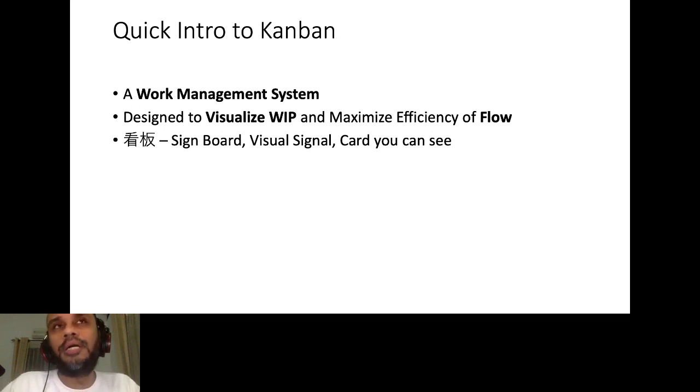In Toyota. So basically what happened was the owner of Toyota hired a guy called Taiichi Ono, and he was given the responsibility of making the work at Toyota more efficient. And what Taiichi Ono did was he implemented a dual signaling system at Toyota to manage the work. Again, I'm not going into a lot of detail about Kanban and what happened in Toyota. Kanban is all about giving visual signals, right? Kanban is all about creating signboards.